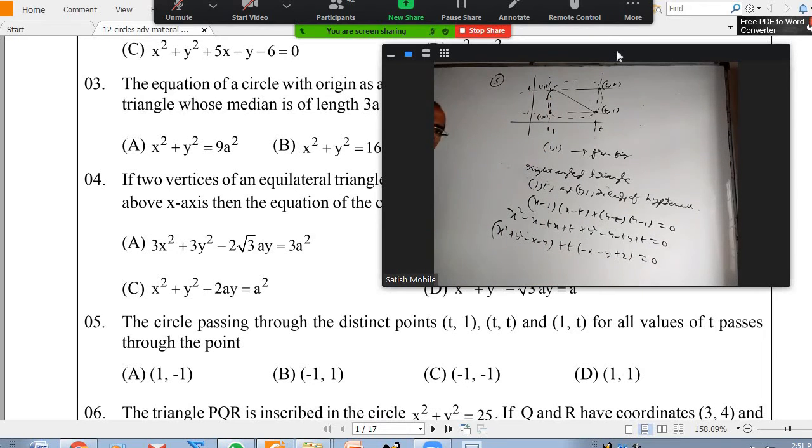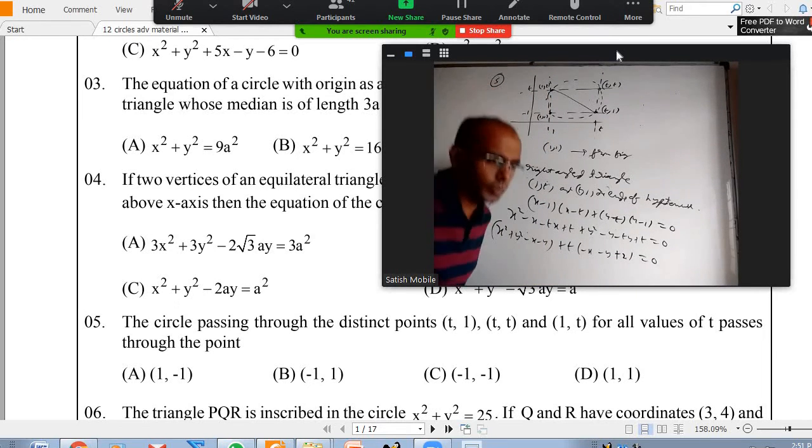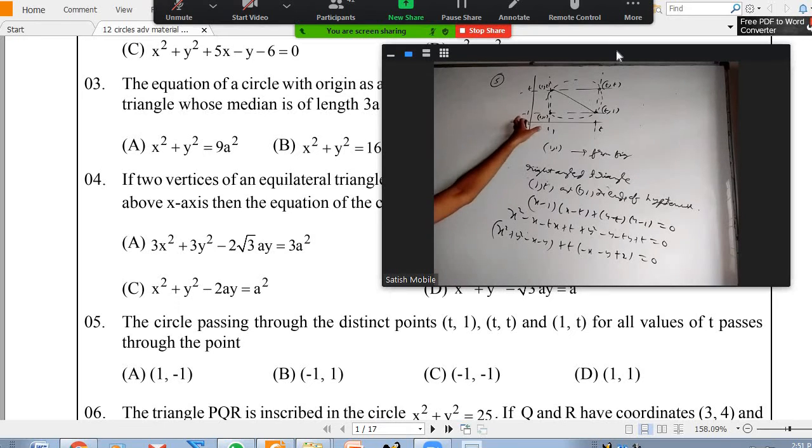Now, from the figure it is easy. Here also you can substitute the options. If options are not there, how do you know? Whatever t you take, t may be varying, but this part is not varying. This looks like S + tL = 0. It represents a family of curves which always pass through the point of intersection of S and L. So if you solve these two, whatever point comes, the circle will always pass through it.